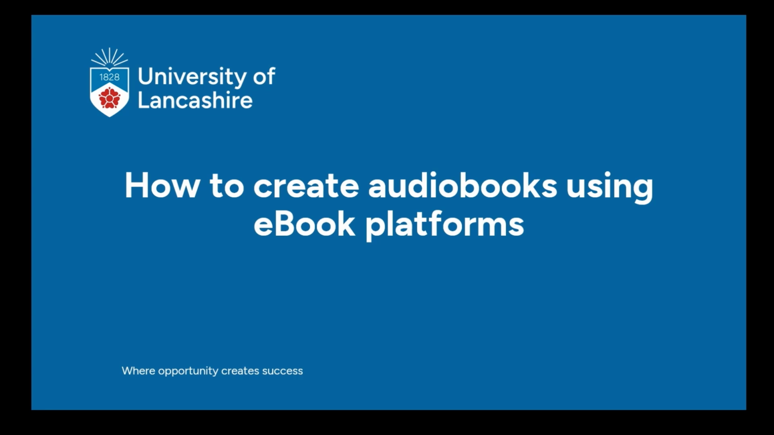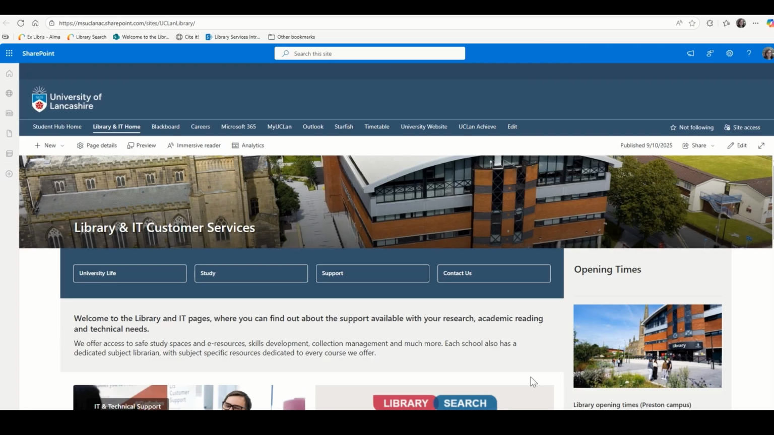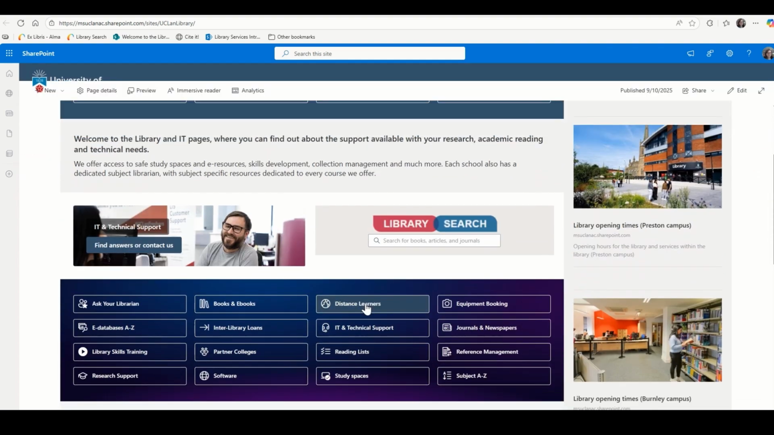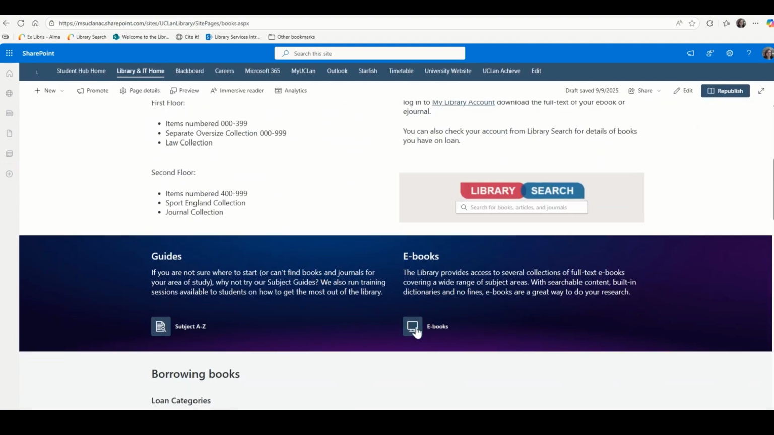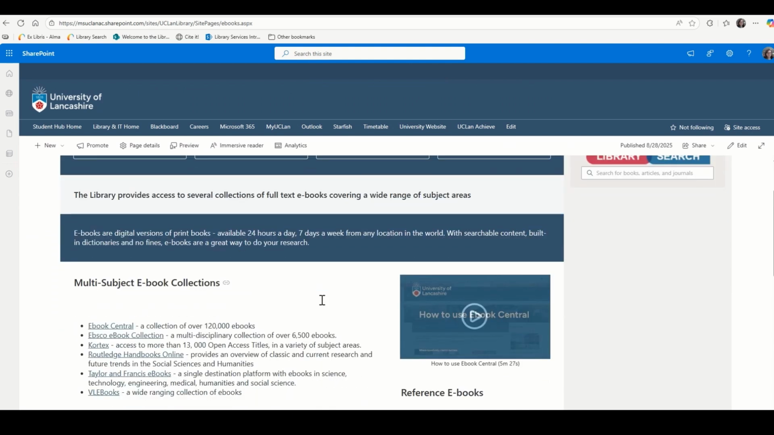Now, first of all, you just need to get onto the Student Hub. So I have then selected the Library and IT homepage, and from this point I need to see all of the different ebook platforms that we subscribe to, so select Books and eBooks. From this point, you can then scroll down until you see the eBooks button, and this will then provide you